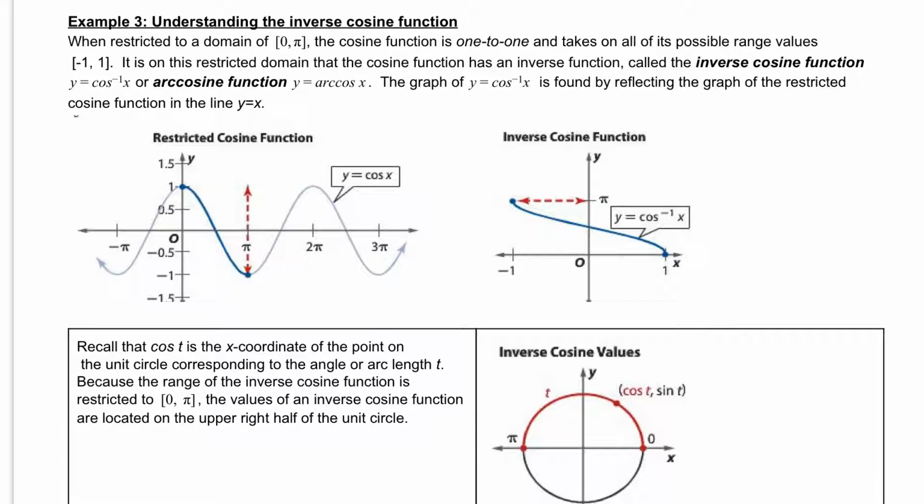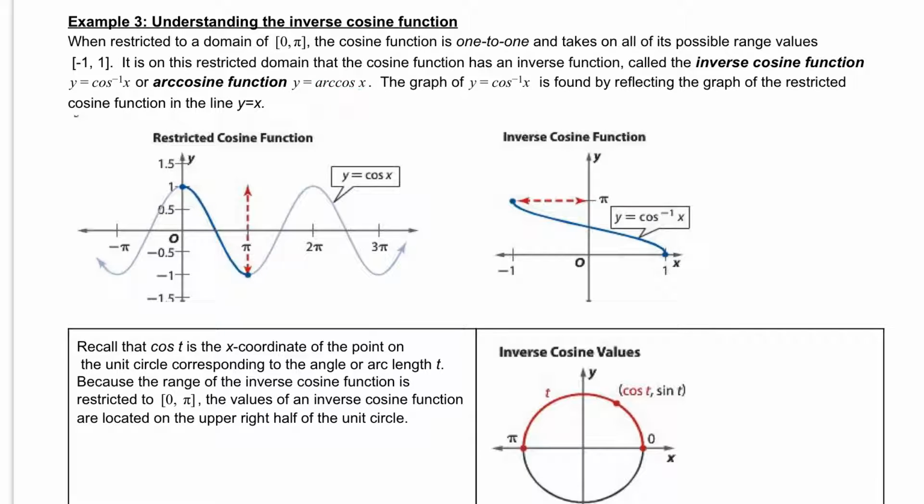In example 3, we're going to talk about the inverse cosine function. When restricted to a domain of 0 to pi, the cosine function is now one-to-one and takes on all of its possible range values from -1 to +1. It is on this restricted domain that the cosine function has an inverse function called the inverse cosine function, which is labeled y equals cosine to the -1 of x, or